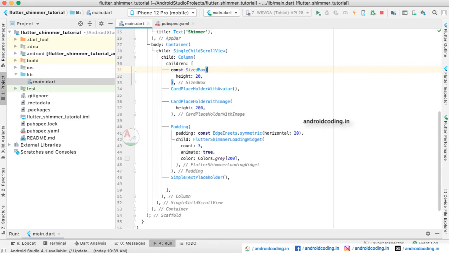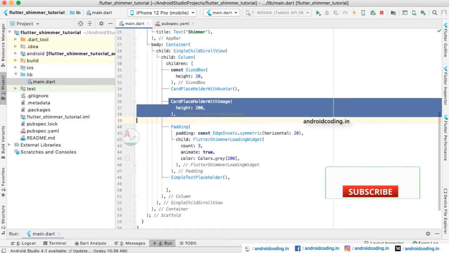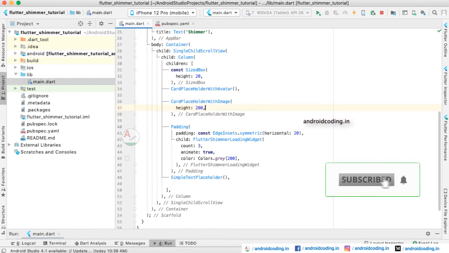In the same way, here we have provided the first field in this manner, and in the second one we have provided an image itself, with a height of 200. You can align the height according to your own requirement. For example, if you are trying to load an image onto your screen, with the help of those image dimensions you can make a shimmer effect. When the image is loaded, the shimmer effect can be replaced with the image.